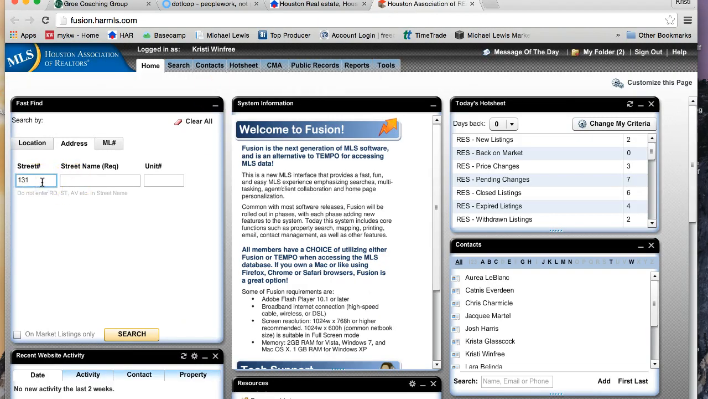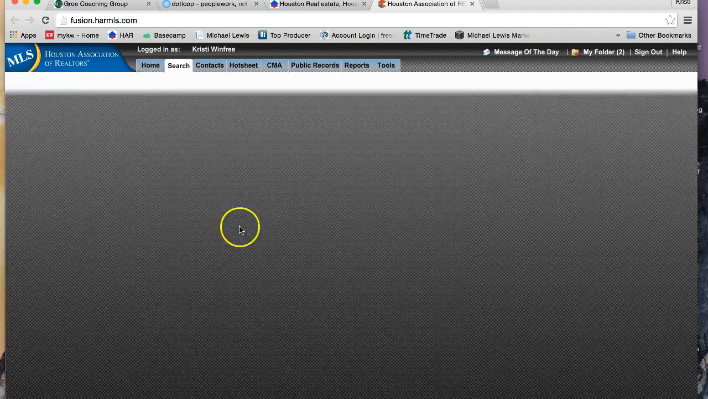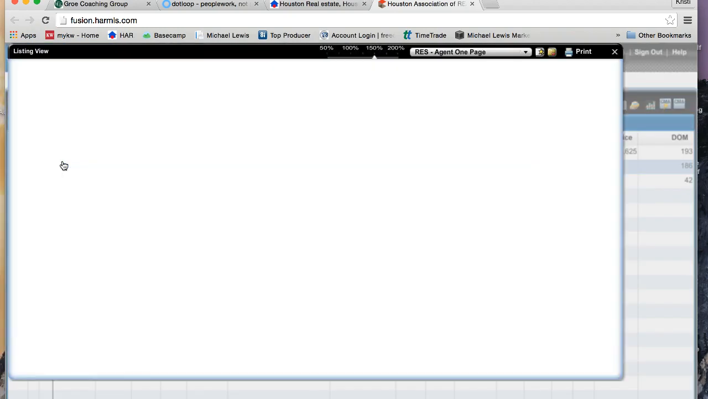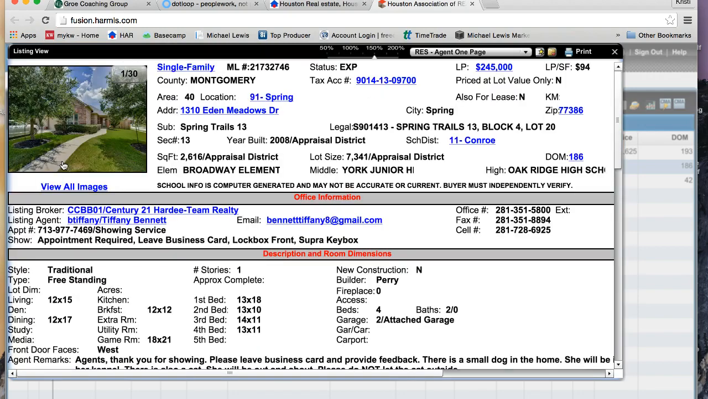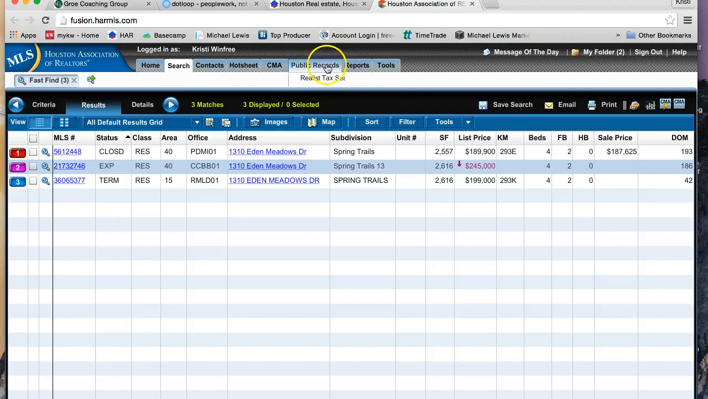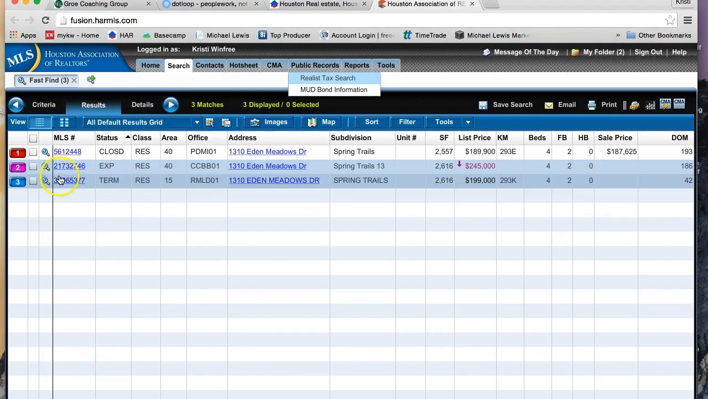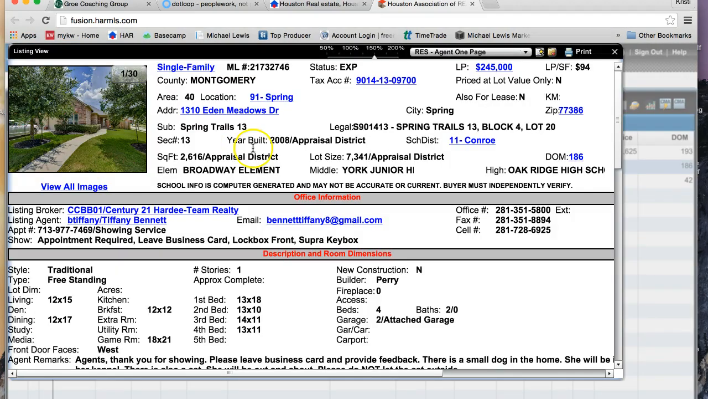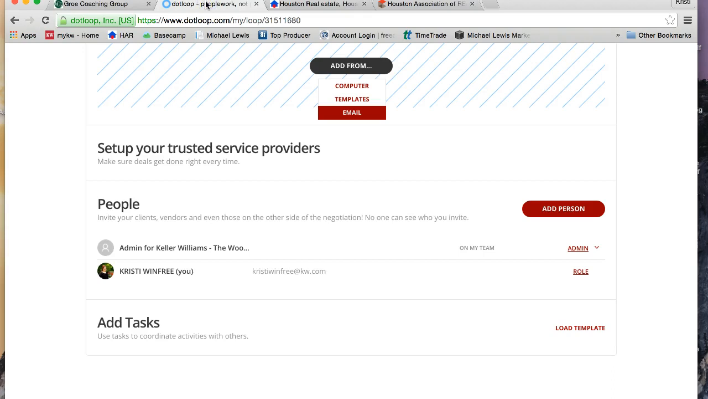So the property is 1310 Eden Meadows. And this is a way to get to it if it's ever been listed on HAR before. Now, if it hasn't, you would just go to Public Records and Realist. Let me exit here so I can show you. You would go to Public Records, Realist, and then pull up the tax search and search for it. Since this one has been listed, I'm going to go ahead and click on this. I'm going to come over here to dot loop,